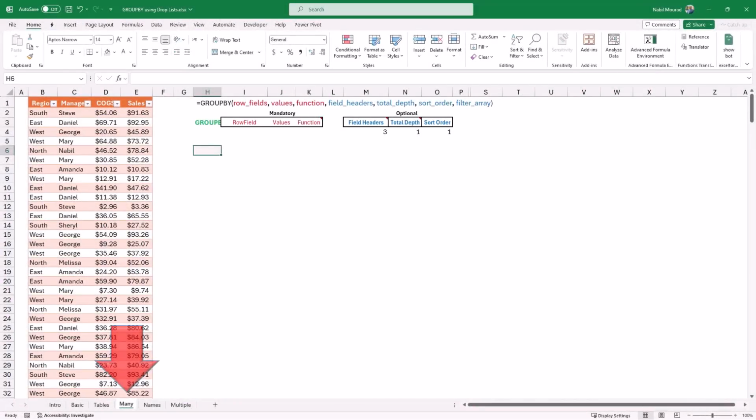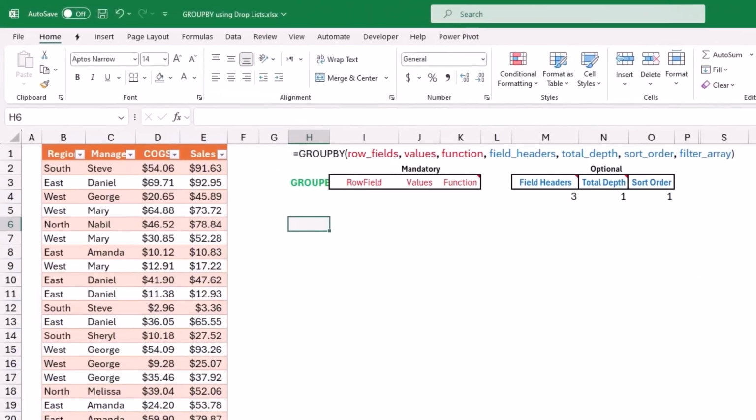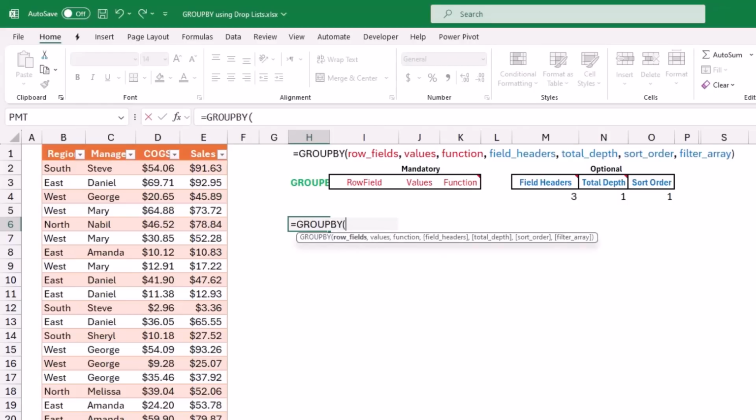With a table, creating a group by function that uses multiple fields is even easier. So in this worksheet, I type equal group by, and then I hit tab, and then I click once to select the region, I click a second time to select the header, and then I drag to the right to select the manager column, and then I type a comma, and let's say I want 2 fields for the values,